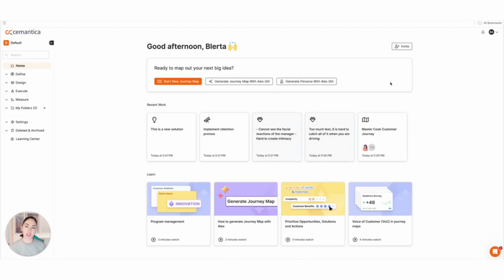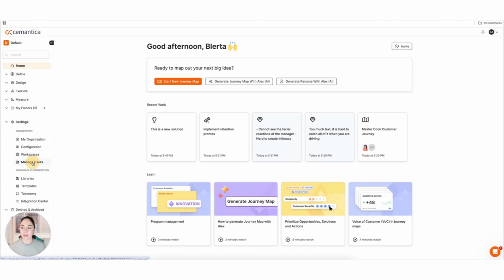in this walkthrough today, I will take you through the user management section and a few key things for you to keep in mind about what you can do inside this section. So first, let's go to the settings here under your Cemantica platform, and then you will find Manage